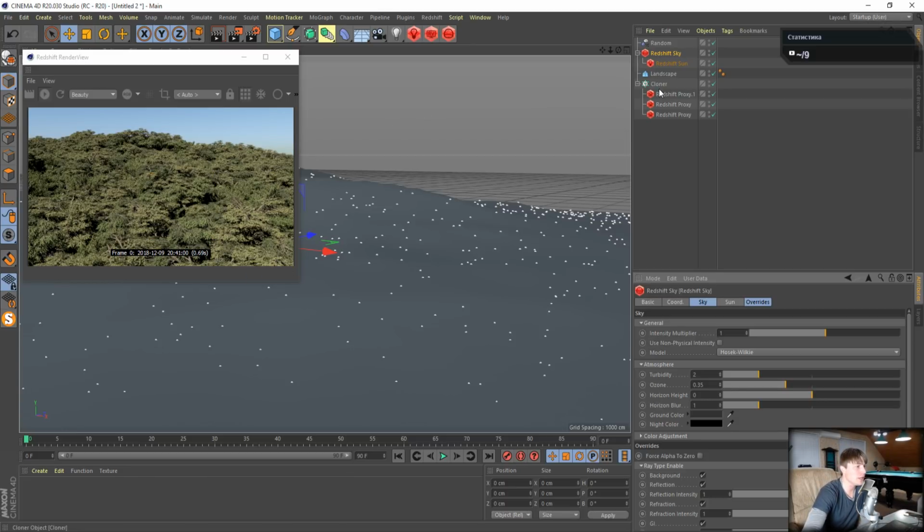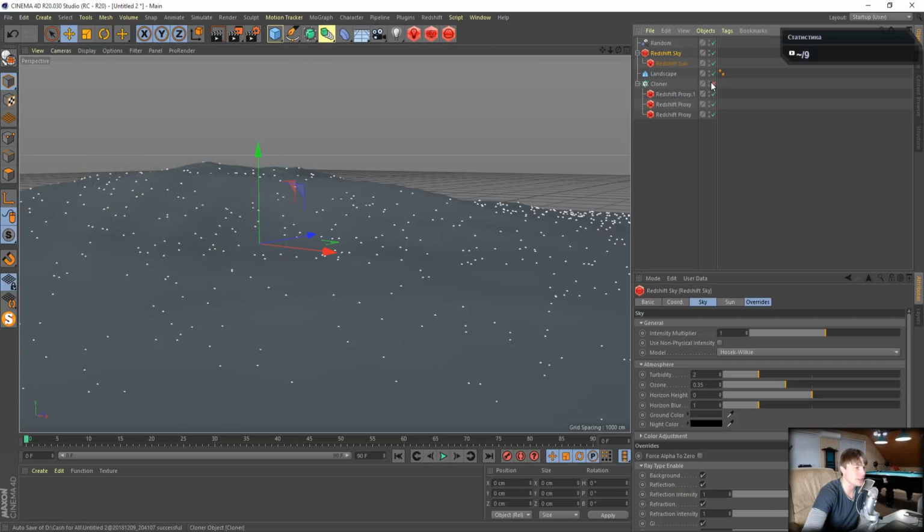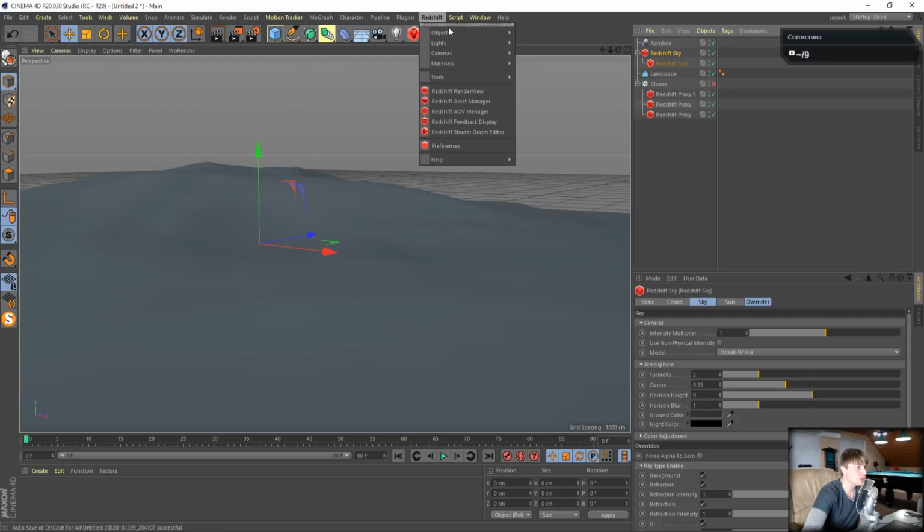The same we can make with, for example, grass. I close this. I go to Redshift, object, and